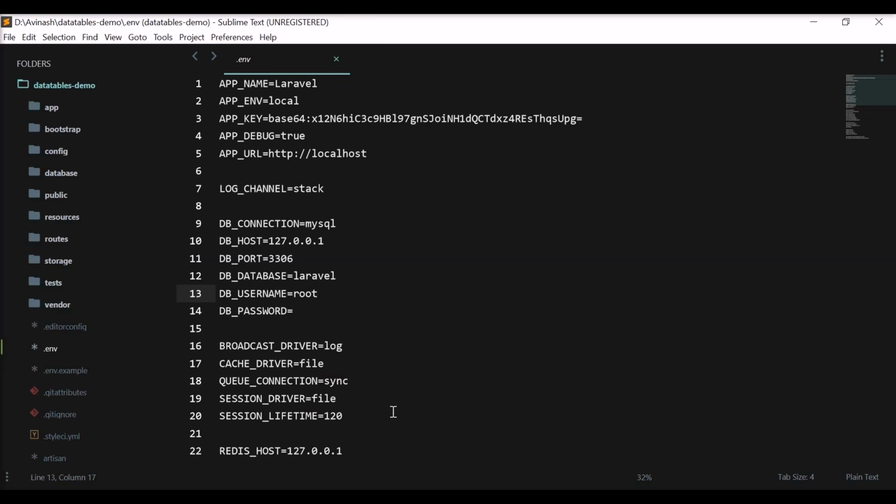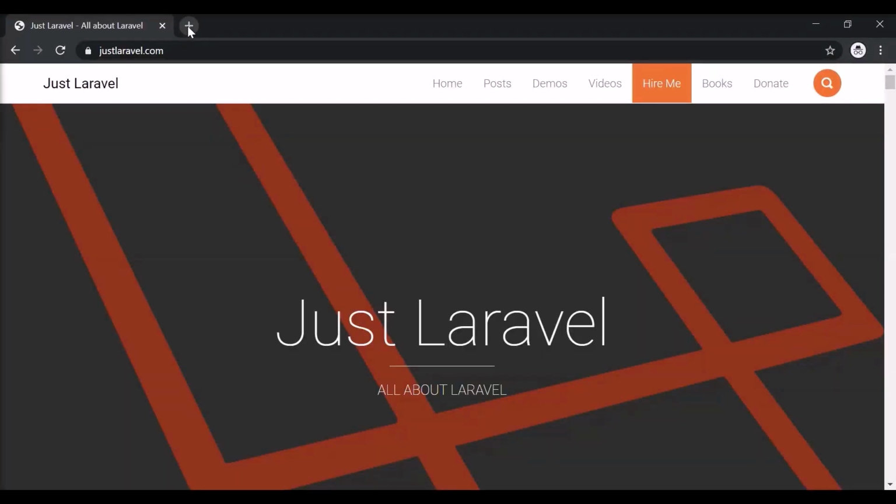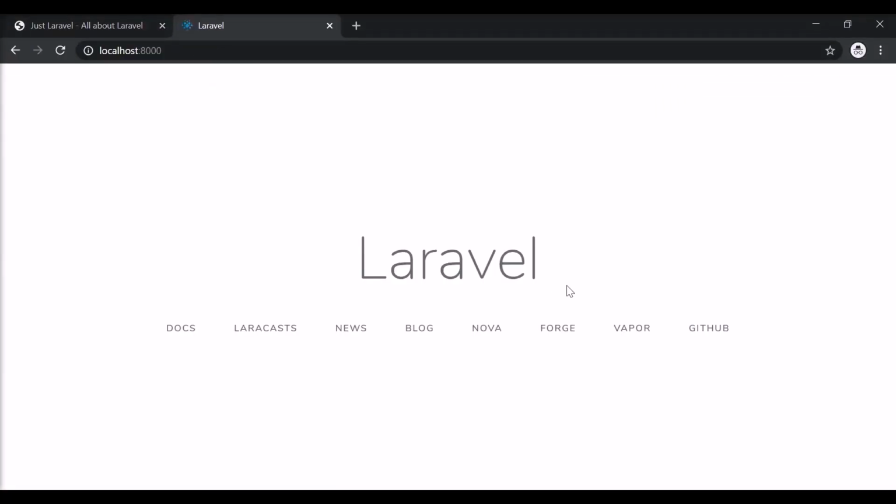So now after this I'll just run our application using php artisan serve. So it runs our application on localhost 8000. So this is the default view given by Laravel, which should be in welcome.blade.php. Going to edit that file.